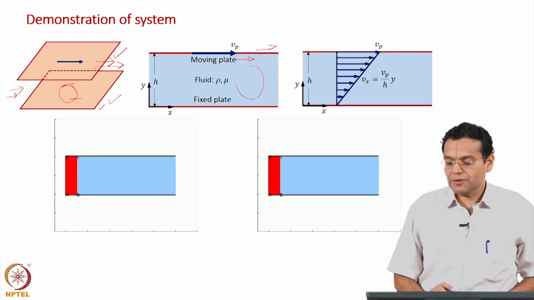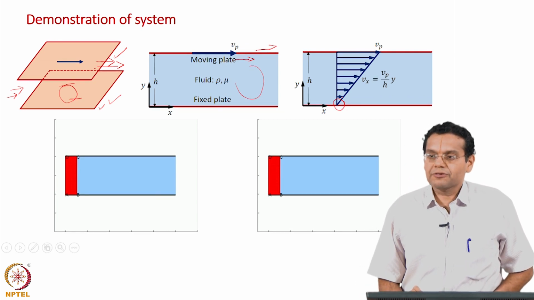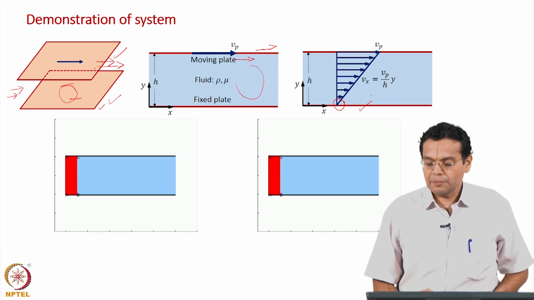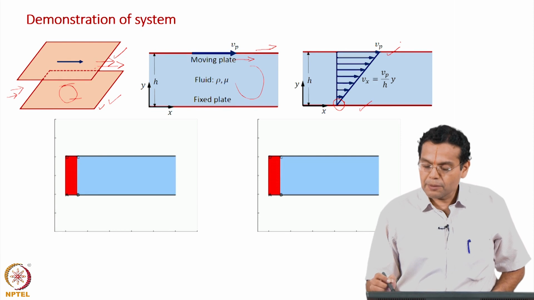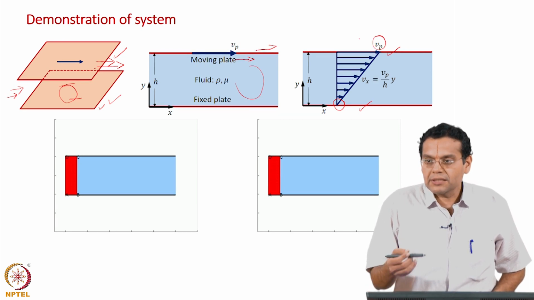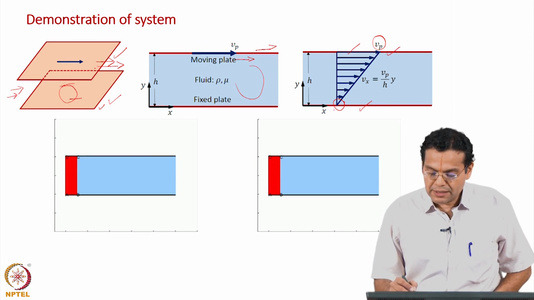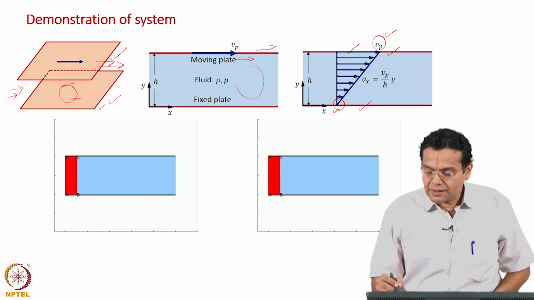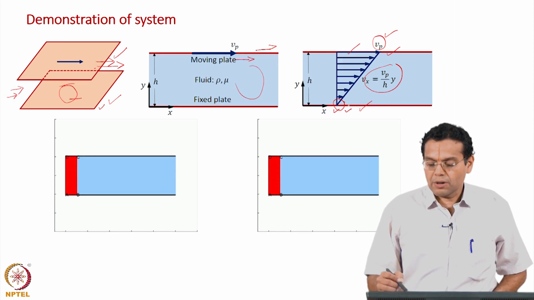Now, how does the velocity profile look like? The fluid here, let us say water, clings to the surface. When it clings to the surface, it has the same velocity as this plate, which is 0. Now, similarly, the layer of fluid here clings to that surface, and the top plate moves at the constant velocity. Because it clings to that, the fluid layer also moves at the same velocity as that of the plate. So, the velocity here is 0, the velocity here is V p, and after several lectures, several classes, we will derive this velocity profile or velocity field, but right now we will take it as a linear profile. So, velocity varies linearly from the bottom plate to the top plate.